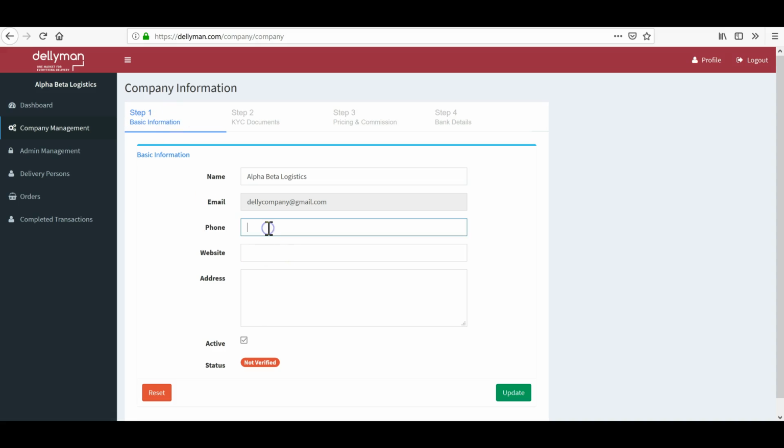The first part, step 1, is where we gather your basic information. So we expect you to put your telephone number, indicate your website if you have one, put details of your address, and then you just update. That completes the first step in this company information page. It is very important that you put this information. For example,